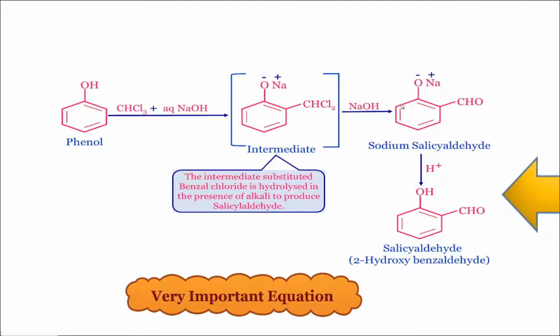You will be writing this by writing a benzene ring, and to this ONa is attached and to this CHO is attached. This upon further acidification is shown by H plus upon the arrow. Then you will end up in the formation of salicylaldehyde, wherein you have here OH and in this CHO. So this is the reaction equation expected out of you. Practice this and get complete 3 marks from this question.